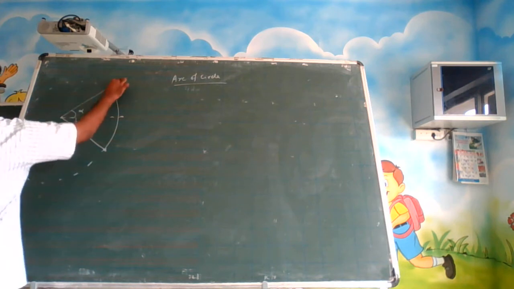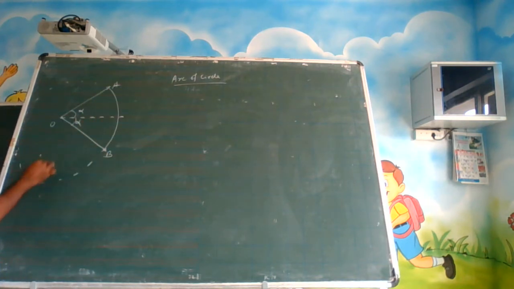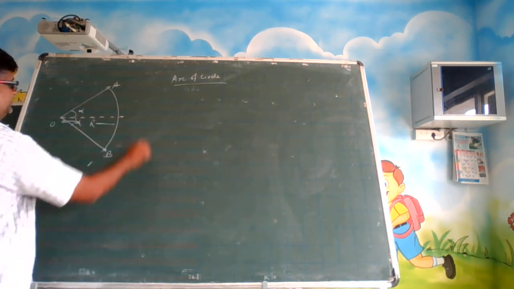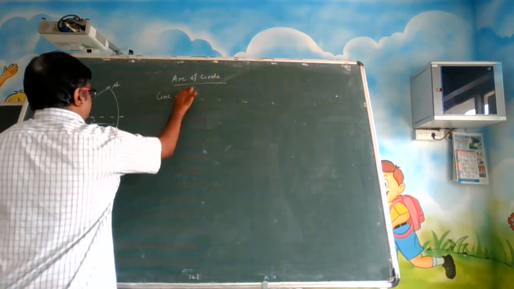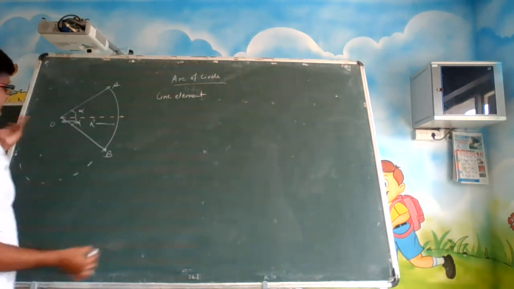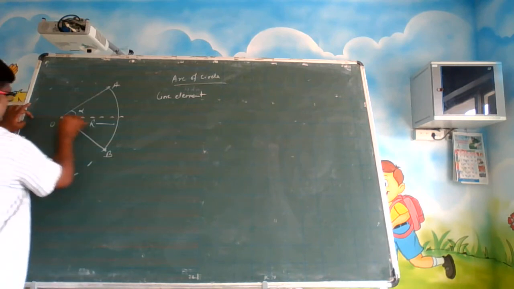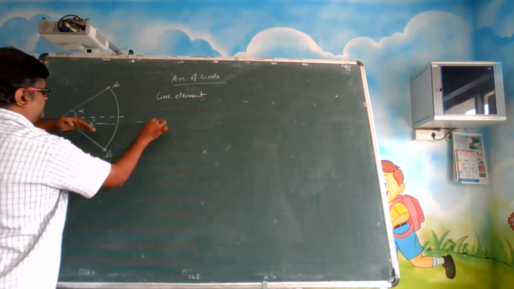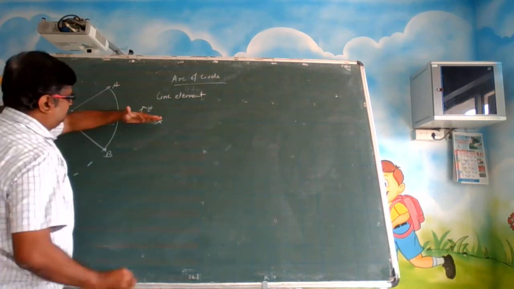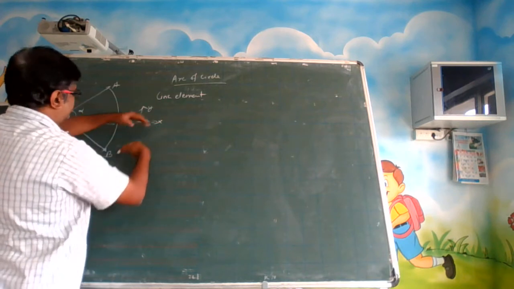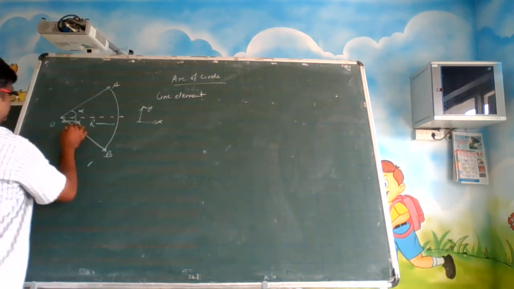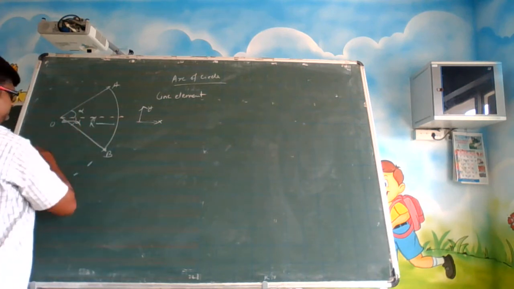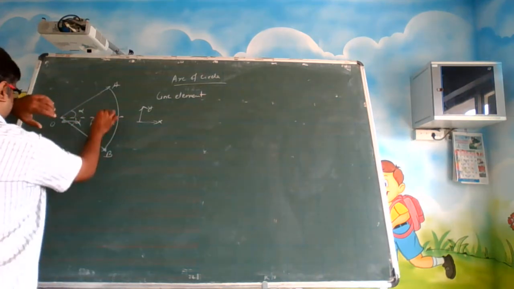So this is an arc of a circle. AB is the arc. Let us say O is the center, and the radius is R. How are we going to do it? It's a line element. You have to see whether any symmetry is there or not. Imagine one line here, it is symmetric, right? If I call this X and this Y, the arc is symmetric about X, so the Y coordinate will be 0. That means if it has some center of mass, let us say somewhere here, its Y coordinate will be 0, and the X coordinate you have to find out.